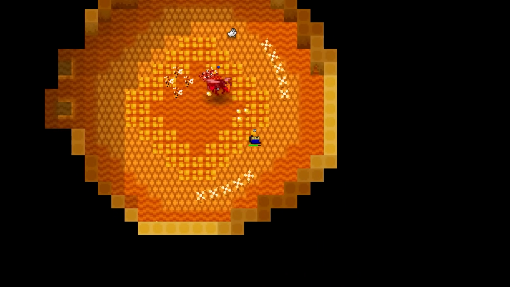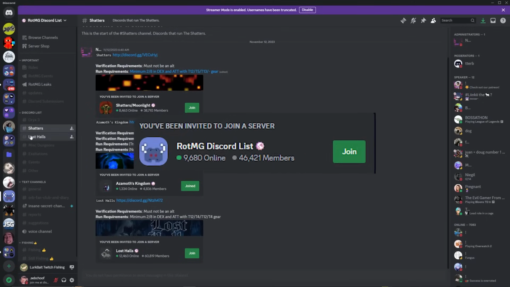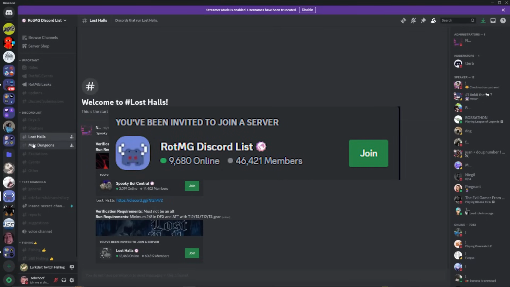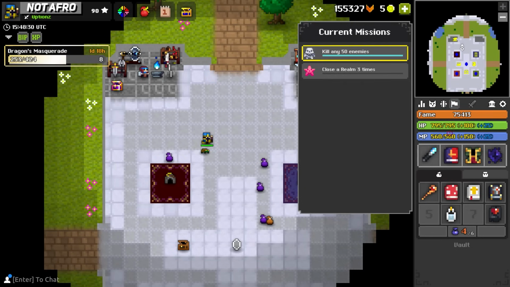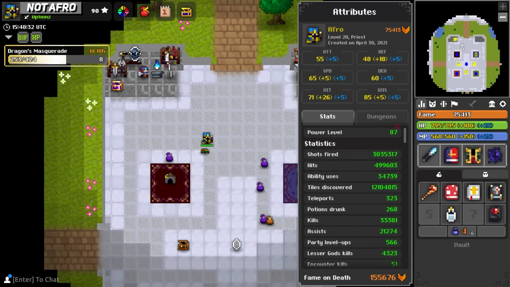Discords are such a scourge of the game that there's a Discord that has all of the discords in it, so you can easily access the discord that's right for you depending on which dungeon you want to farm. Another way to significantly increase the amount of fame that you get is by staying alive for a long time